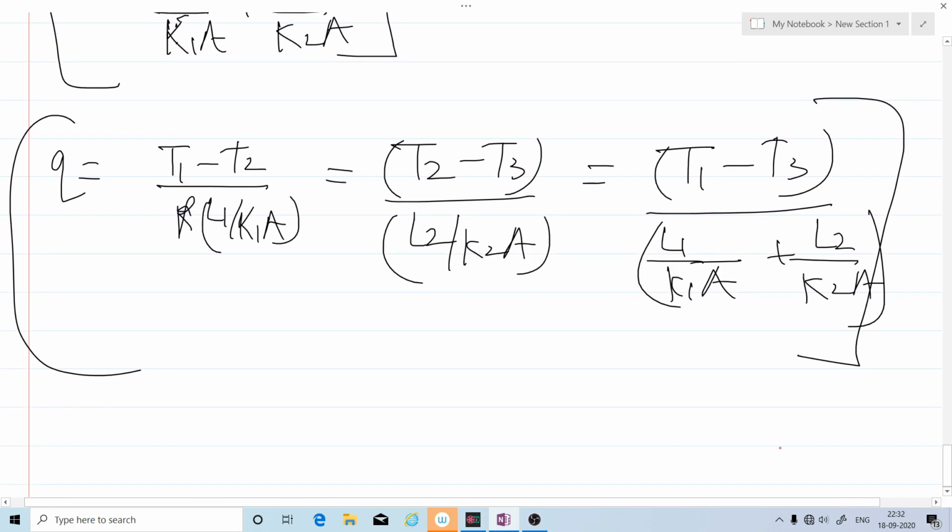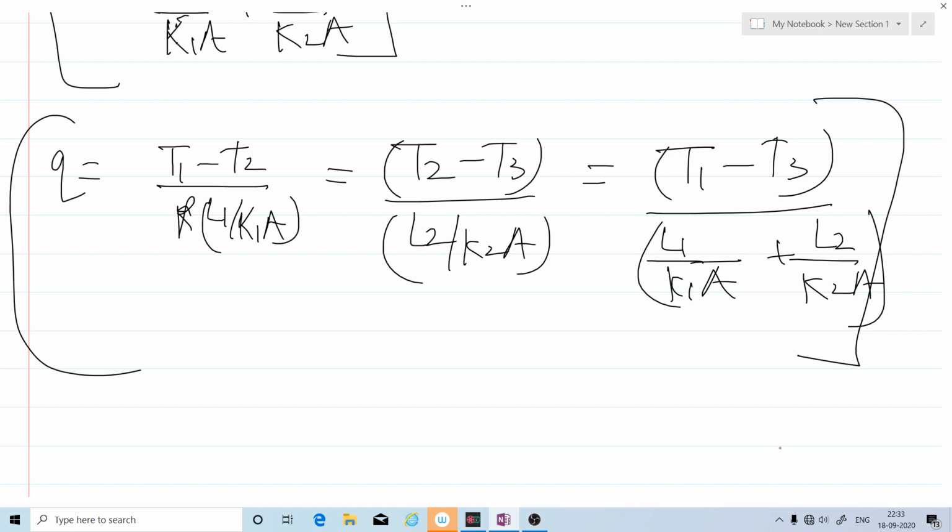So that's the end of this lecture. In this lecture we have seen the rectangular slab, how the heat transfer through a rectangular slab takes place, and the composite slab, that is a combination of two rectangular slabs, how the heat transfer takes place. In the next lecture we will study convection, what is convection thermal resistance, and then we'll study the combination of conduction and convection heat transfer through a composite slab.